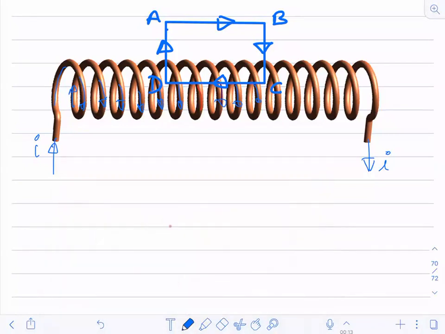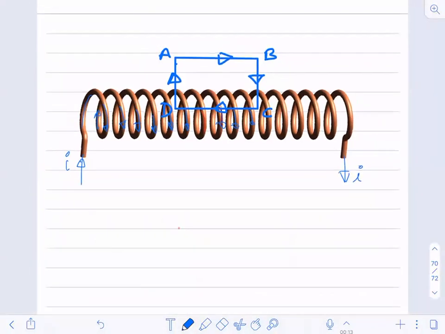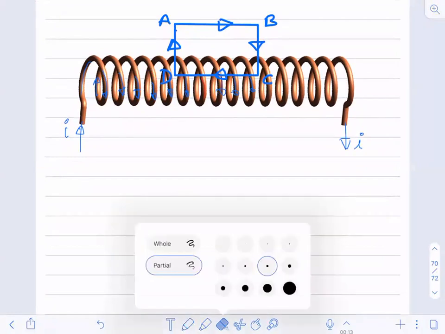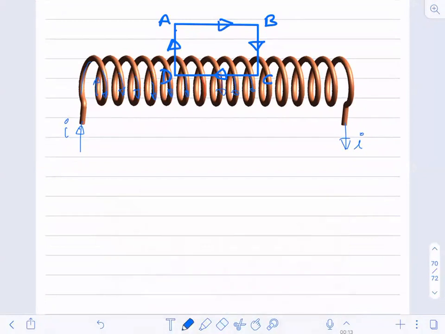Wherever you are having any confusion in the solenoid, you just ask, because this is a very, very important topic. Anywhere, if you have any doubt, even a small doubt, you just ask. Don't wait to ask at the end. If you ask at the end, you will not be able to understand this complete topic.